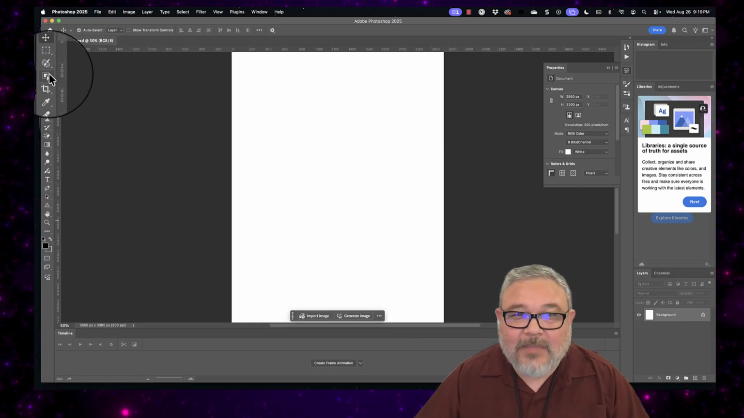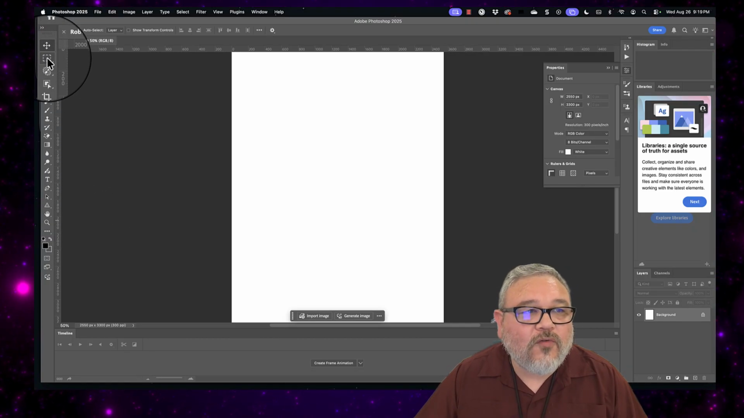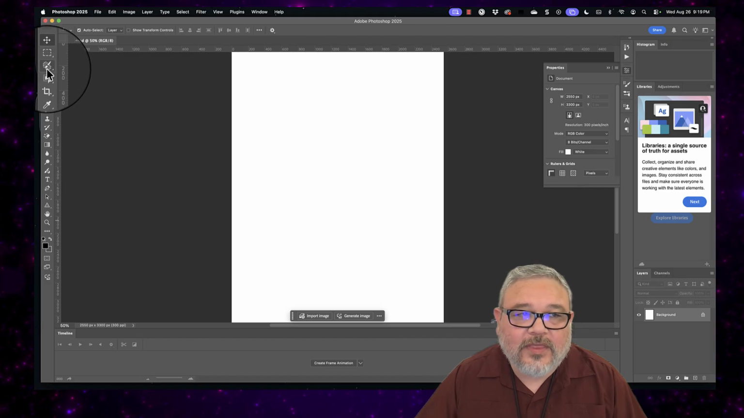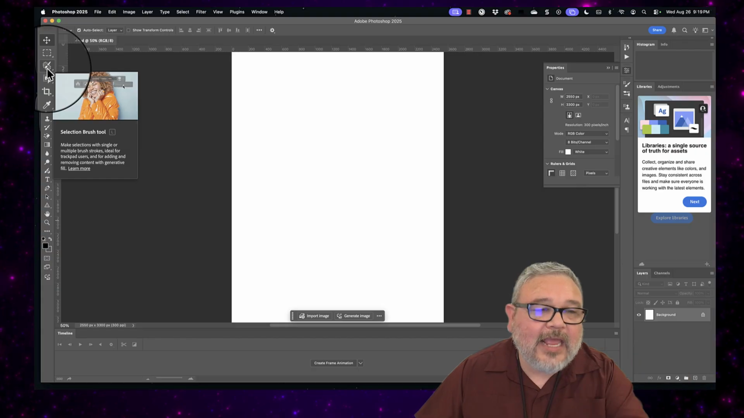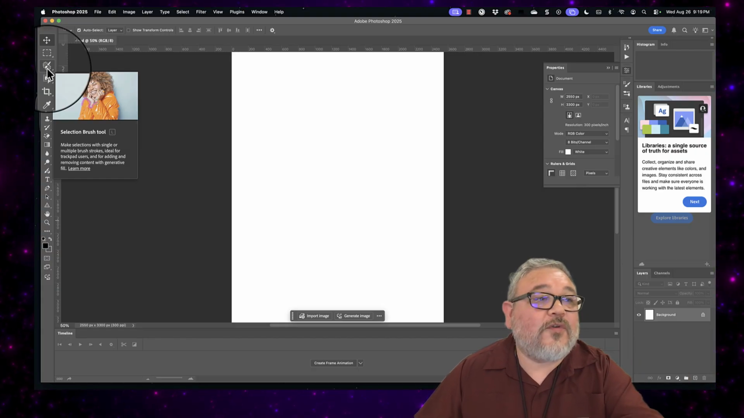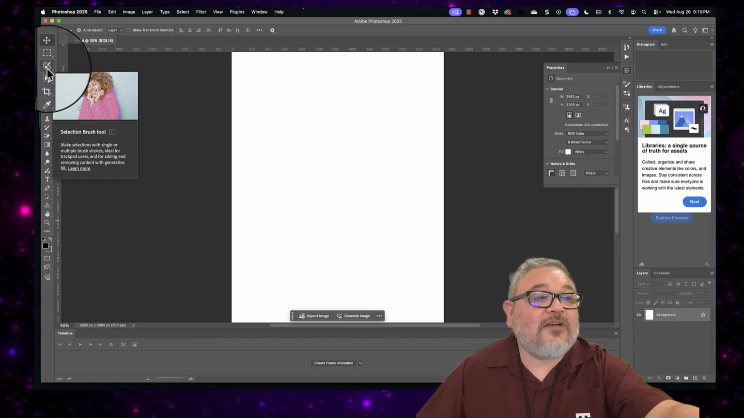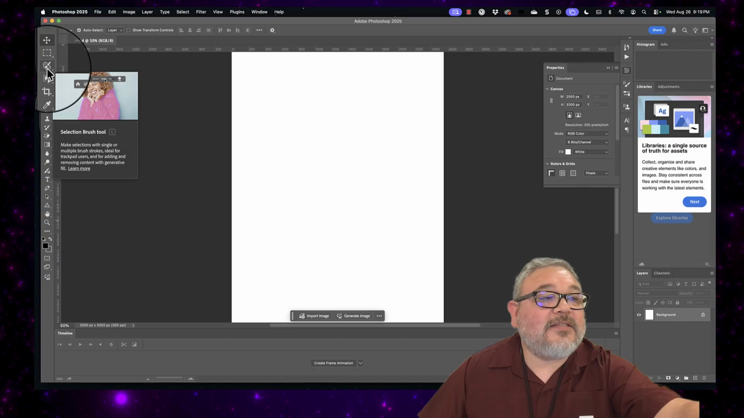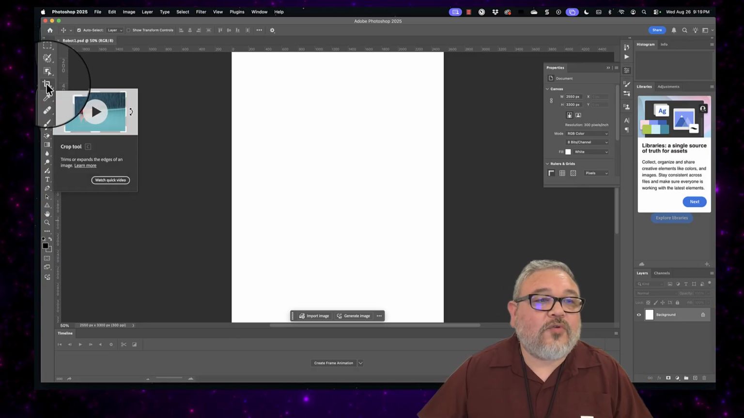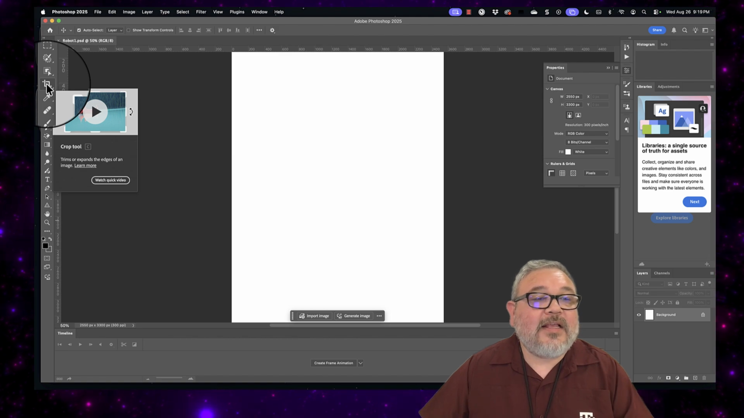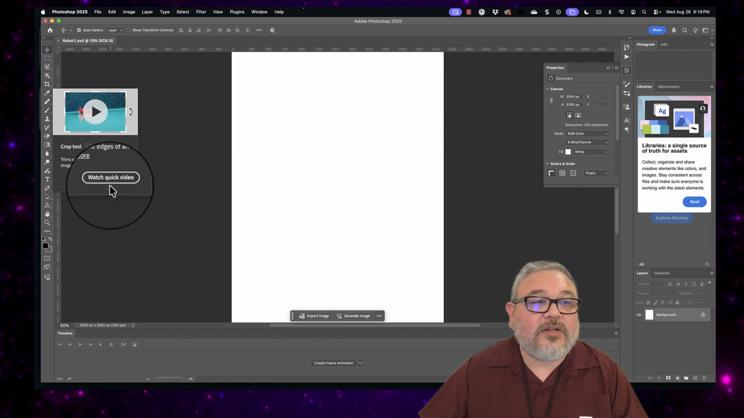Now, like I mentioned, if you hover over, now don't click, if you hover over these tools, you're going to see that it gives you a name of the tool and it tells you what it's used for. For example, the selection brush allows you to select single or multiple brush strokes, right? And here's the crop tool, right? And then it also gives, if you want, a little video to show you